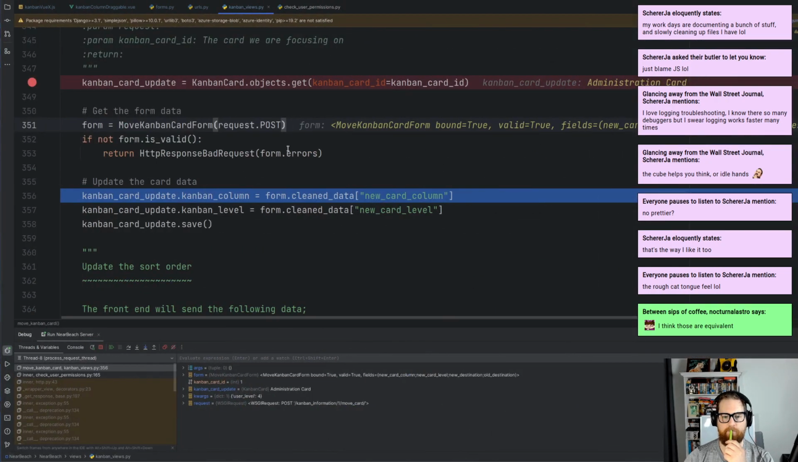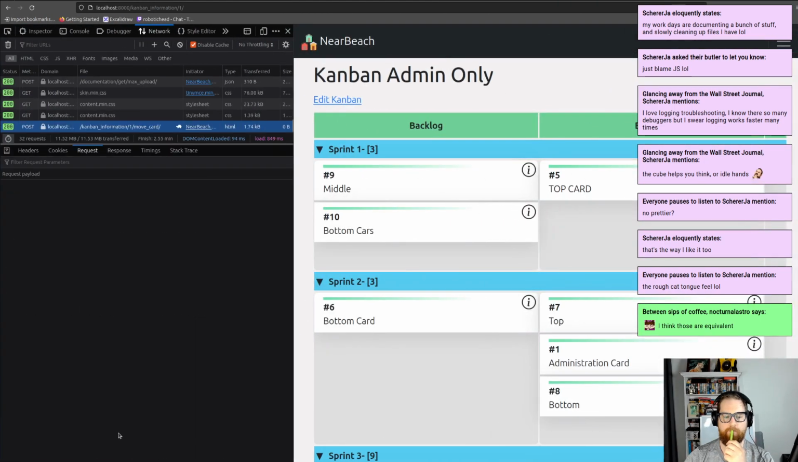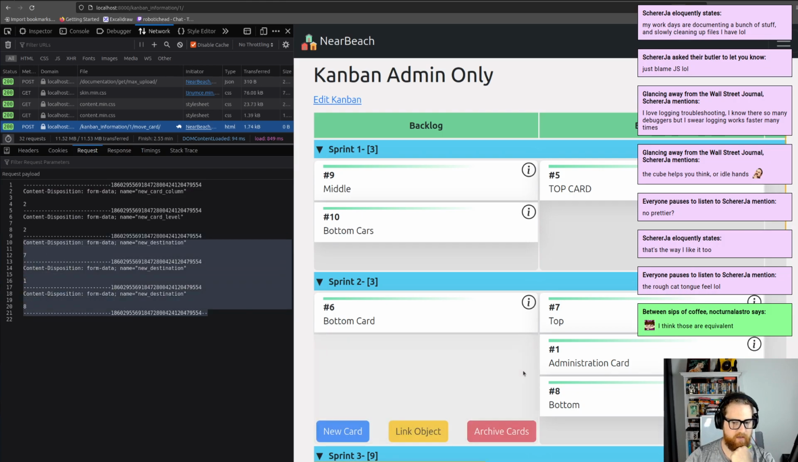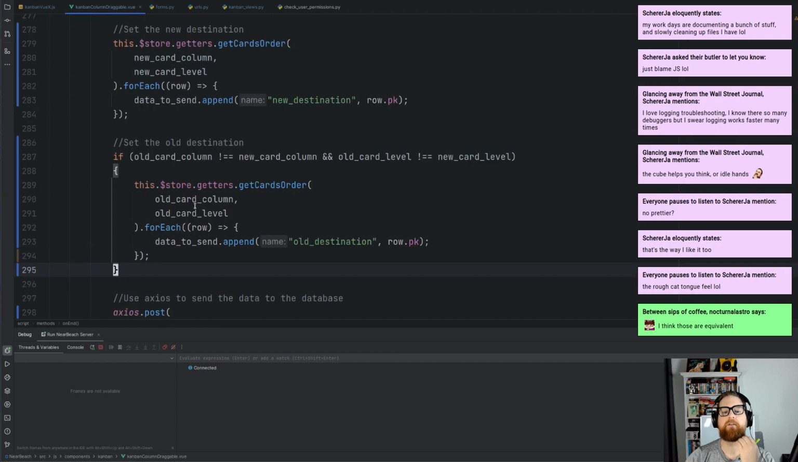I'm just going to hit play. I'm going to read this out. So, new card column, new card level 2, which we know is going to be this one. Then we go 7, 1, 8. So that's the order we've put it in. And we don't have the old column. And that might be because we need to pass all the